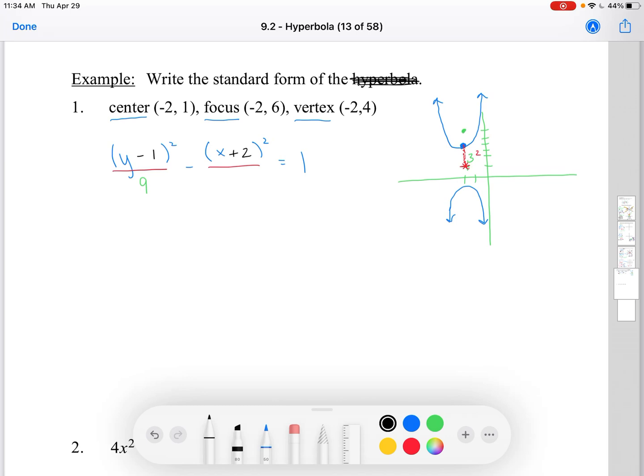The last bit of information I'm going to need is my b squared. Unfortunately, I don't know any information that falls on the left or the right of my functions, but again, I know my a squared, and I also know my focus. My focus is a total of, let's see here, 5 units. So when I square that, it's going to give me 25. So I know that my c squared equals 25. I know my a squared